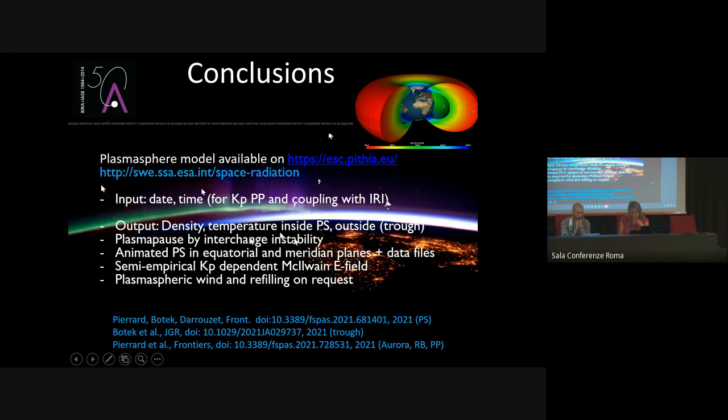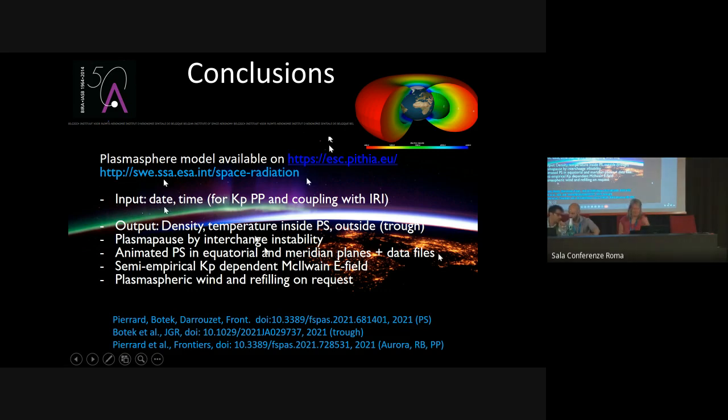The plasmapause is obtained by interchange instability. You have not only these animated plasmasphere simulations in the equatorial and meridian plane, but also data files with the number density as a function of the different coordinates. The model is semi-empirical and dependent on Kp. And yes, it's not implemented in the automatic version, but the plasmaspheric wind and the refilling after an event can also be